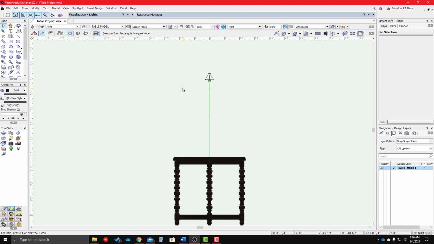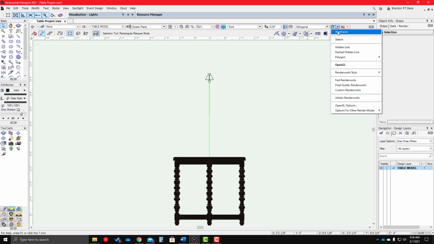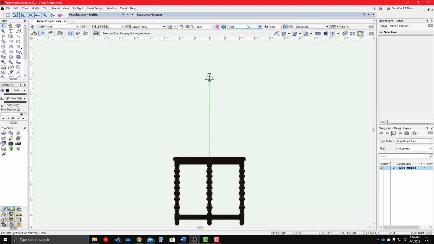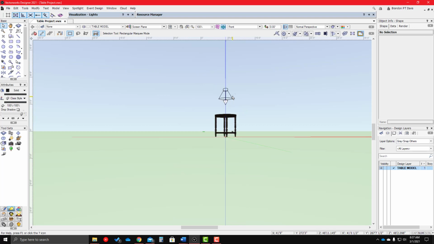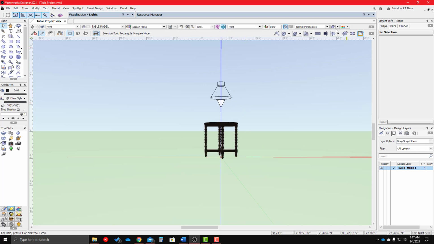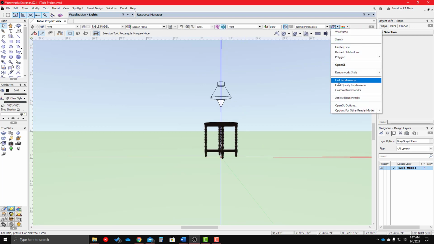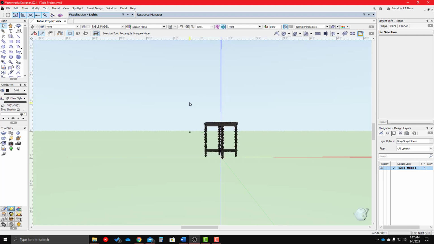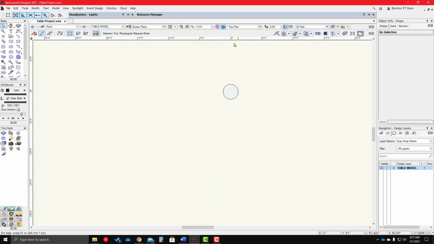Now what I can do is I'm going to take and look at this in perspective view. So if I go to this drop down here, change it from orthogonal to normal perspective, that'll give us a little bit of perspective, and then I can do a fast RenderWorks. I just want to see kind of how the light's going to affect the object. So I think that I want a little bit of a front light. So I'm going to come in,